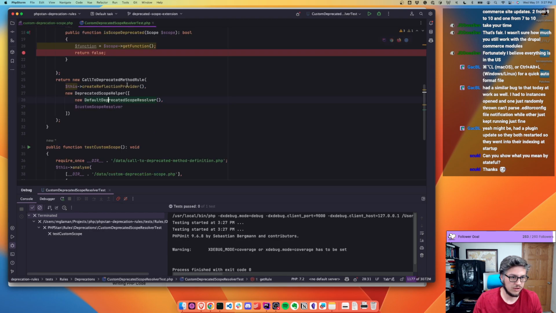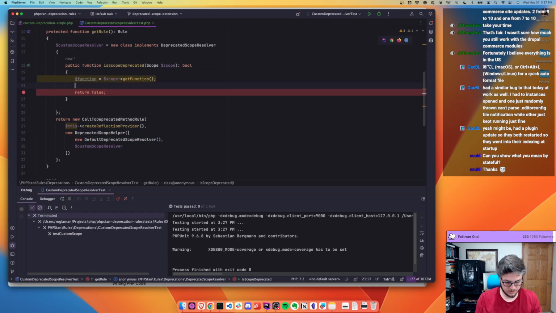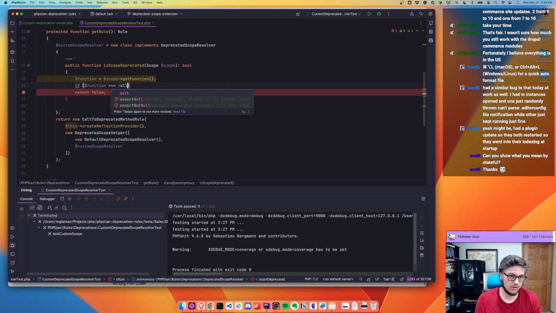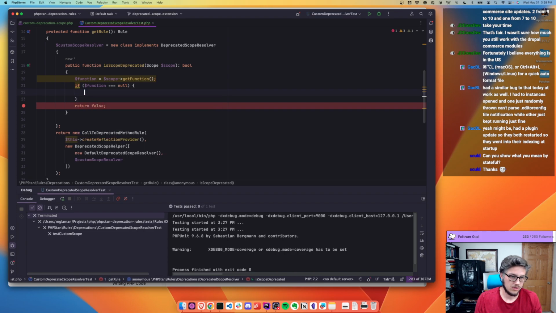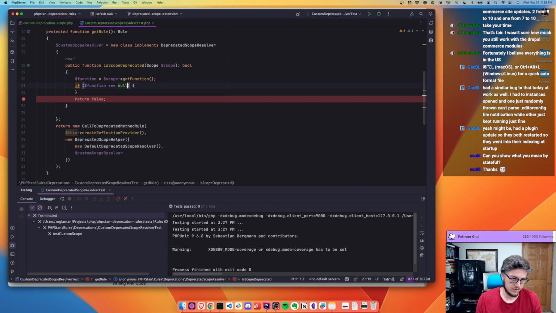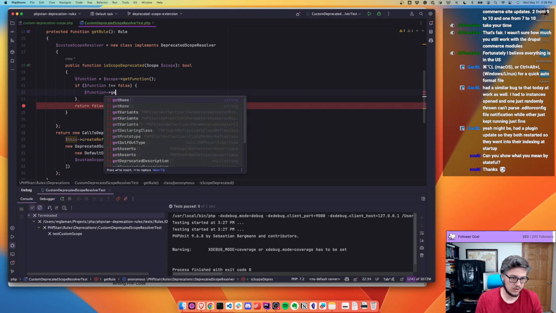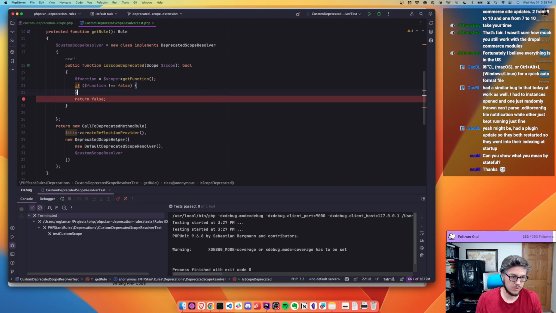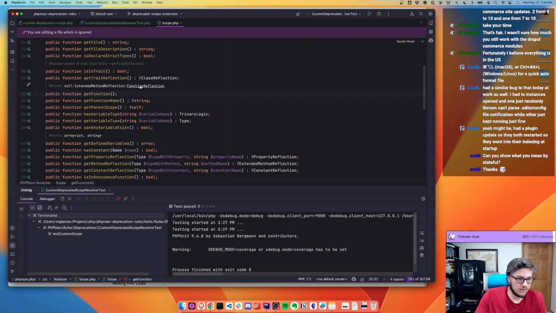So we'll just say that if function equal to null, not equal to false, get page. No, okay, stop with Copilot. So get function